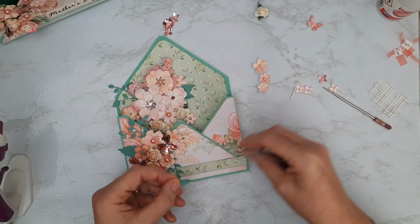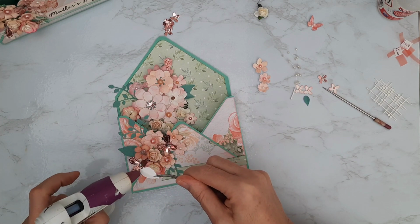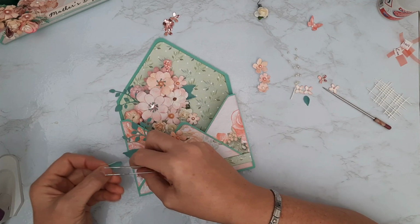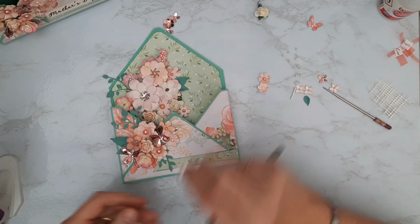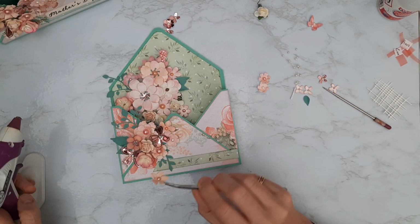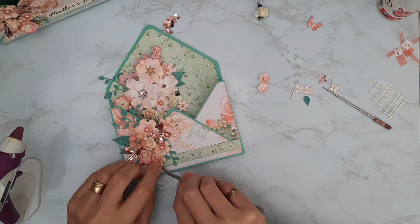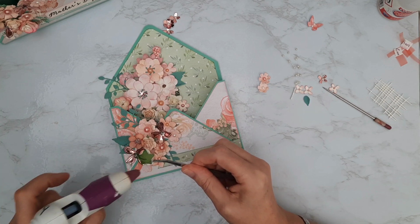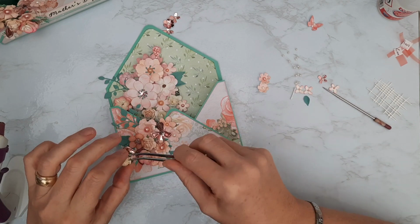And then I've got that next size up again. A little bit more glue. So this is just bringing a bit more detail around this side here. And then I've just got about two or three left that we can add right towards the bottom. I don't want to cover the leaves up too much, so I'm just tucking them inside where they want to go. I've got a cream one left with that lovely little curly tail on, so this one's going to go in that gap